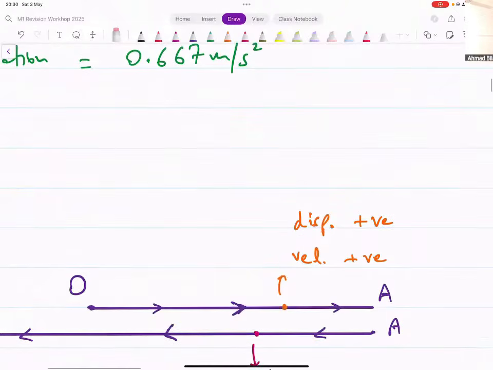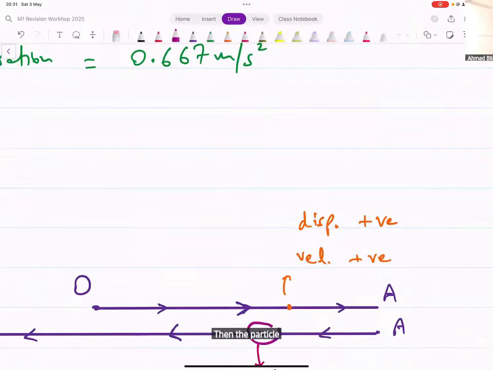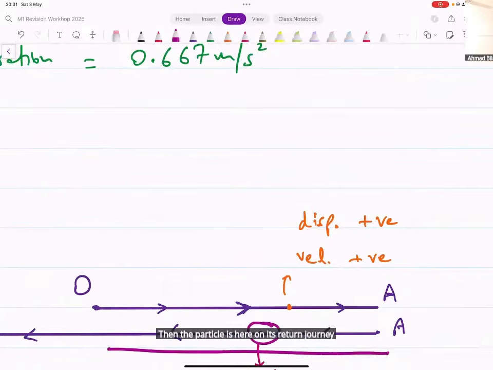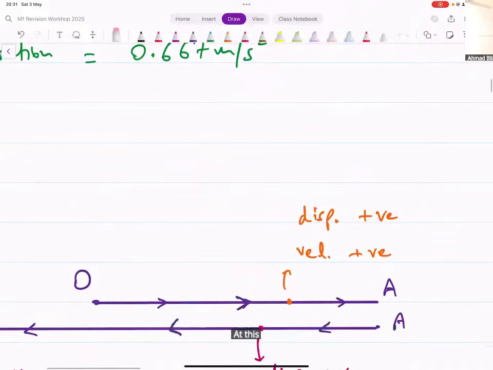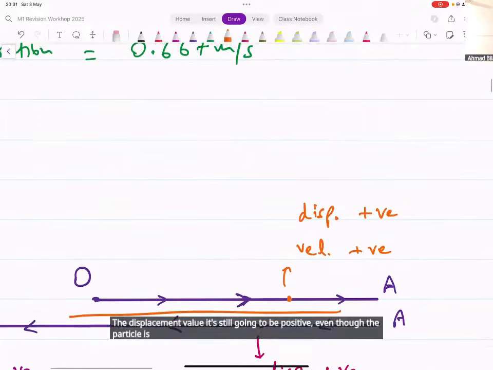When the particle is here on its return journey, going towards the left side, what about the displacement and velocity values at this point? At this particular point, the displacement value is still going to be positive. Even though the particle is going towards the left side, the displacement value is still going to be positive, because